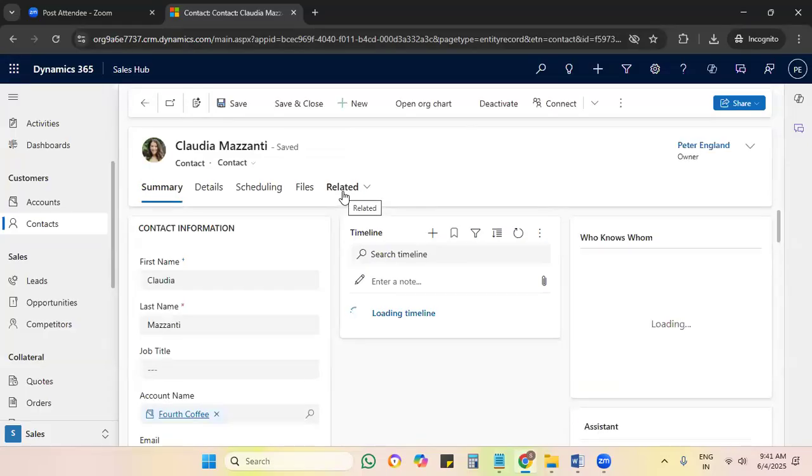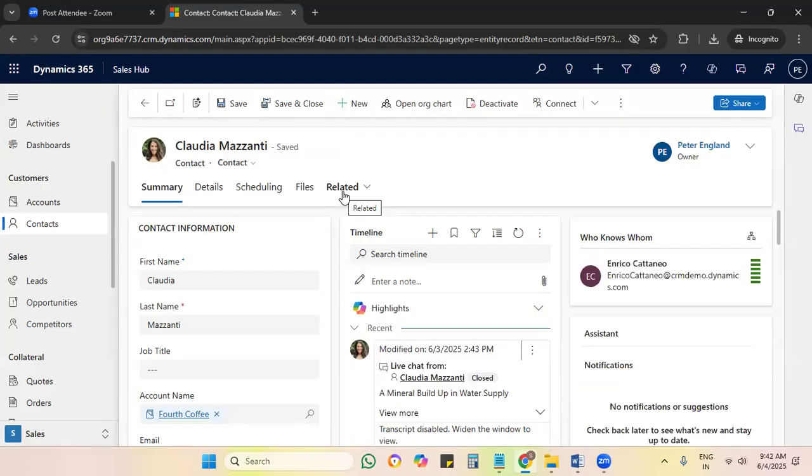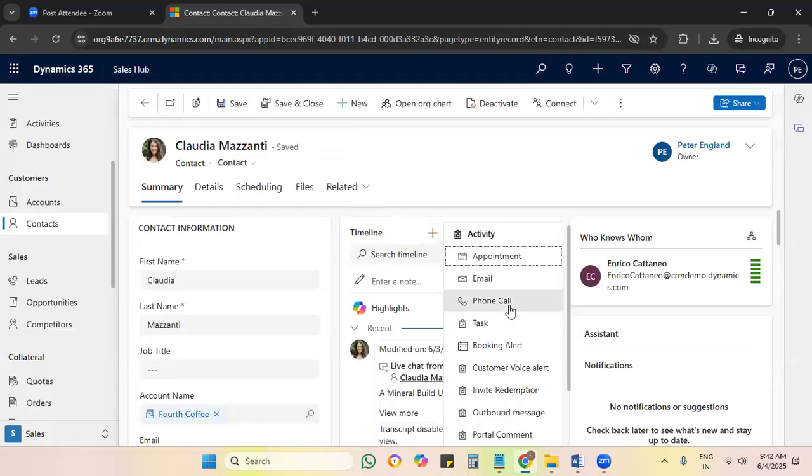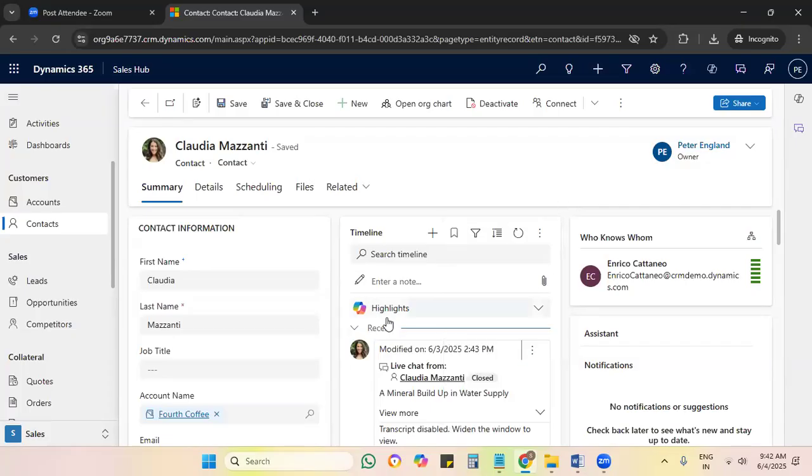Okay, so as we have considered the third example, you are one of the customers and you are looking for a new device, maybe a mobile device. So definitely I have to store information in Dynamics 365 so that I can communicate with you by any channel. How can I communicate? By phone call, by task, by email, by appointment as well, virtual or physical, or by any channel. We can even store the information as a communication,